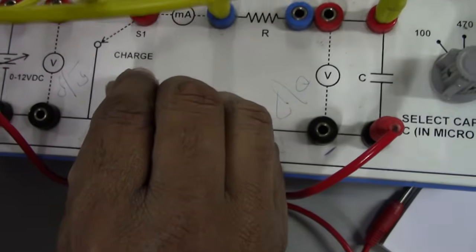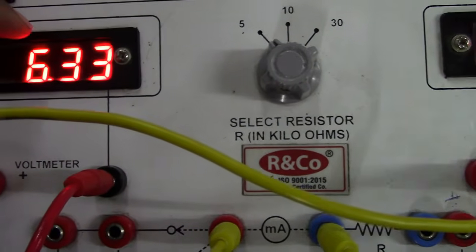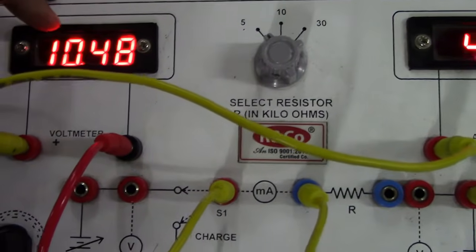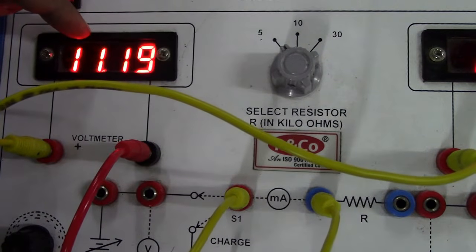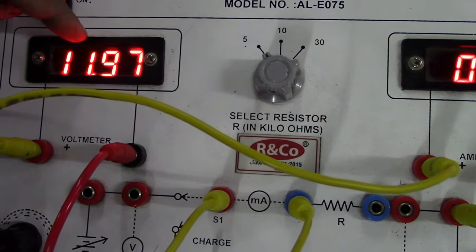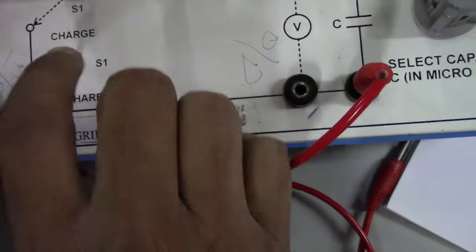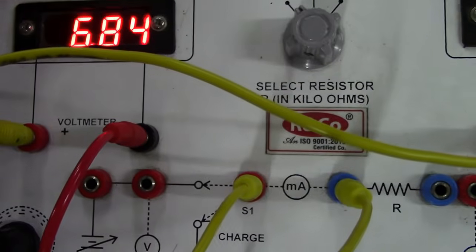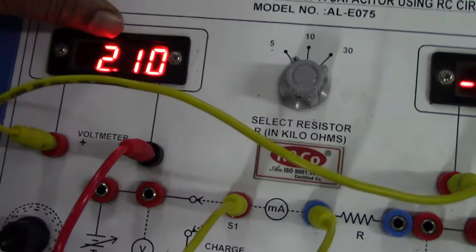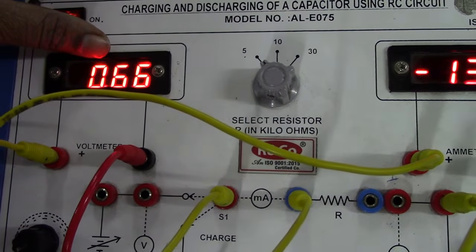Okay, now you have to place it in charging mode. You observe, students, if you just switch on into the charging mode, what happens? The capacitor is getting charged. So it is getting charged to its maximum value. What is the voltage of the battery? 12 volts. So the capacitor will charge to the maximum value, which is the 12 volts battery voltage. So this is the charging mode, students. And if you keep this switch to the down direction, then it is the discharging mode. You observe, students, there is a discharge in capacitor. The voltage across the capacitor is getting decreased. In this way you have to perform the experiment.